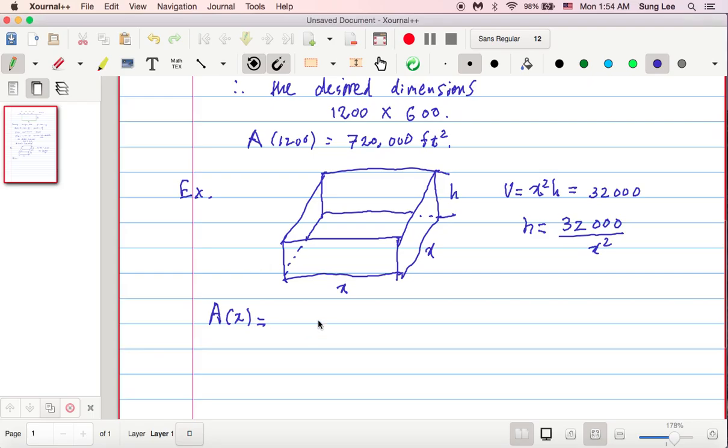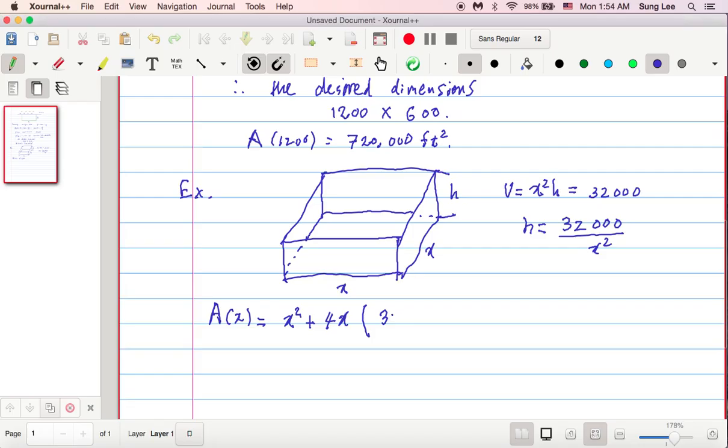The bottom part is x squared, and then we have four lateral surfaces. Each lateral surface is given by x times h. So we have four of them, 4x times h, but instead of h, I'm going to use this,